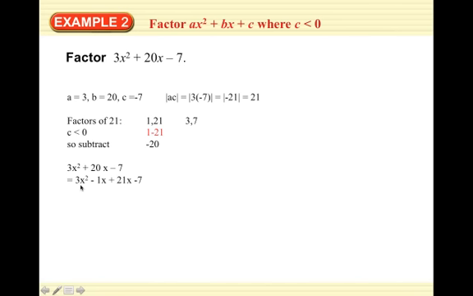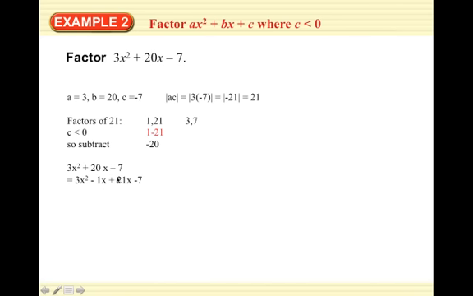So what I'm going to do now is the factoring by grouping where I take the first two together and then the second two together, and I factor out the greatest common factor. So looking at 3x squared minus 1x, and remember I did the minus 1x and the plus 21x because I want it to come out to be plus 20x. I knew when I did 1 minus 21 I got negative 20. That's the opposite of what I want, so I just switch it out and do, okay, 21 minus 1,